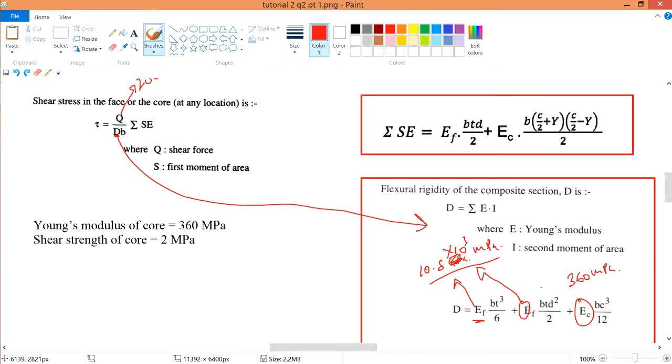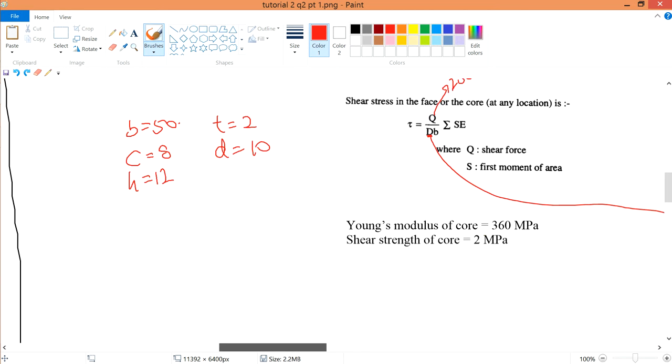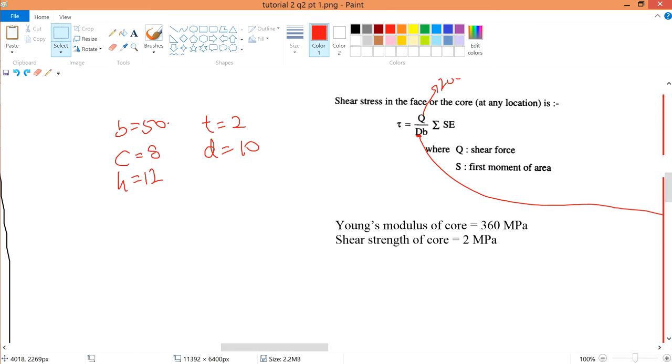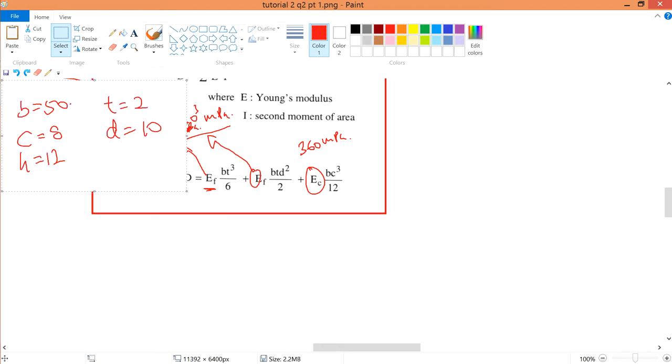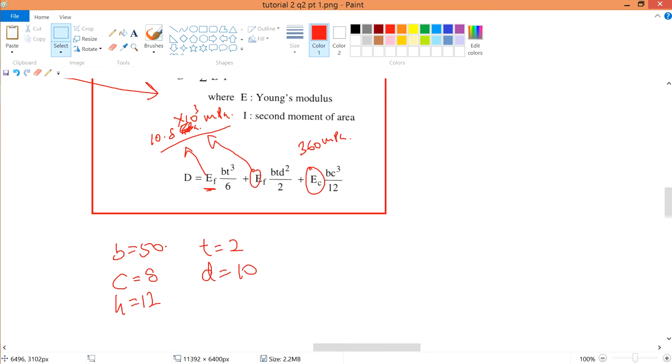Now we can start to calculate first for your flexural rigidity, which is your D, in this sector. So we will just take these values and bring it all over here. At least it's pretty clear. I'm just simply subbing in the values already. EF is the Young modulus of your phase, which is this one. And if you think about it, this is 10 to the power of cube, which is 10.8 times 1000, which is